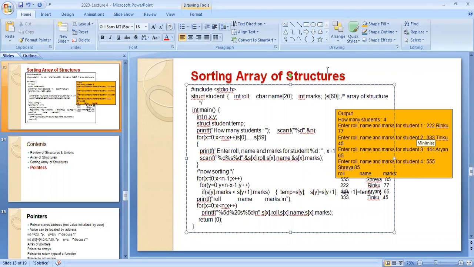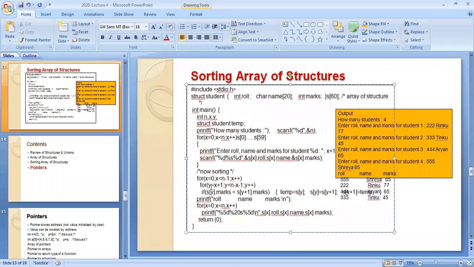Initially x is equal to 0, and y will be the next position, so you can take y is equal to x plus 1. When you place x plus 1 here, this part can be gone. Keep this in your mind.